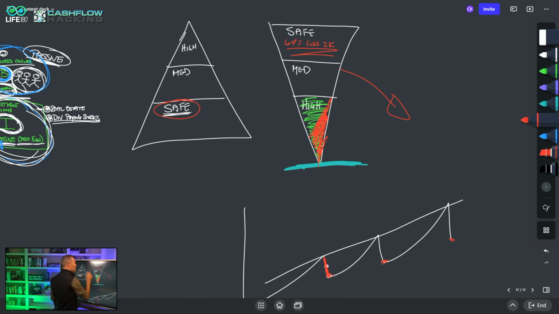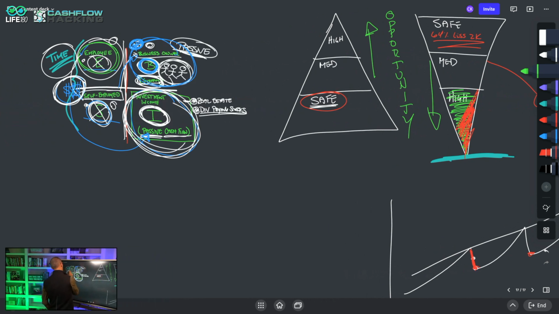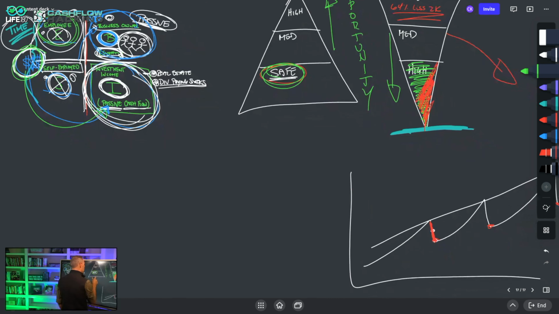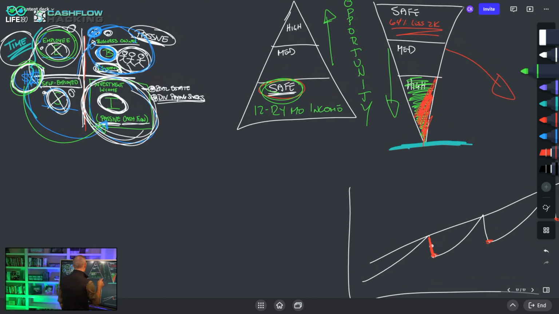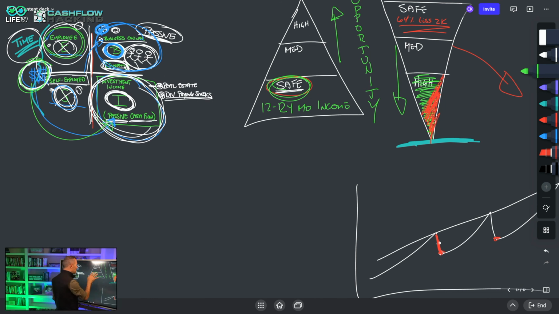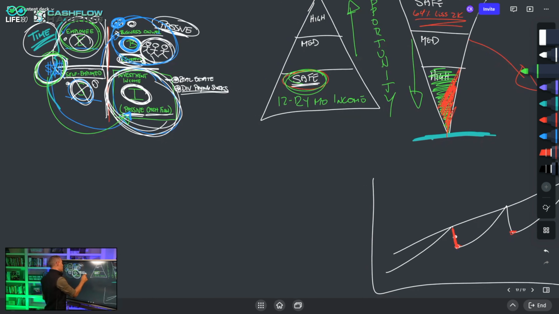You have a financial crisis. And the beautiful part is, when there's opportunity, we have to look at this as opportunistic investors. When the opportunity goes down over here, it goes up for the people over here. And if you do what I'm talking about, you pay yourself first and you save money first. That's what you have to do. I'm a big believer you need 12 to 24 months of income to be able to save. And when you save, you're not saving for the purpose of saving, because you're never going to save your way to wealth. Savers are losers. Robert Kiyosaki says that all the time. You're going to save with the intention of being able to behave like a good investor.